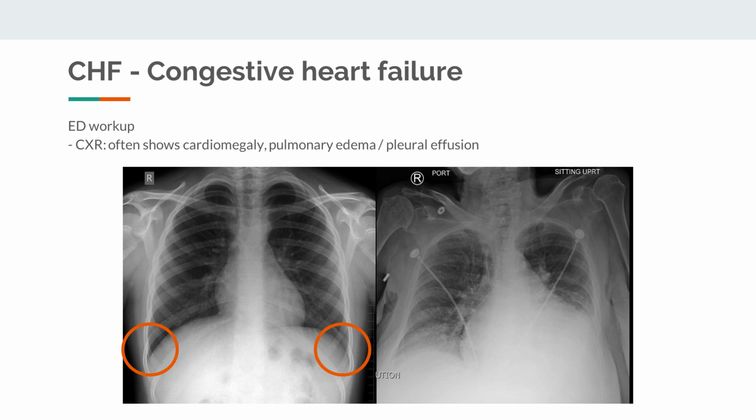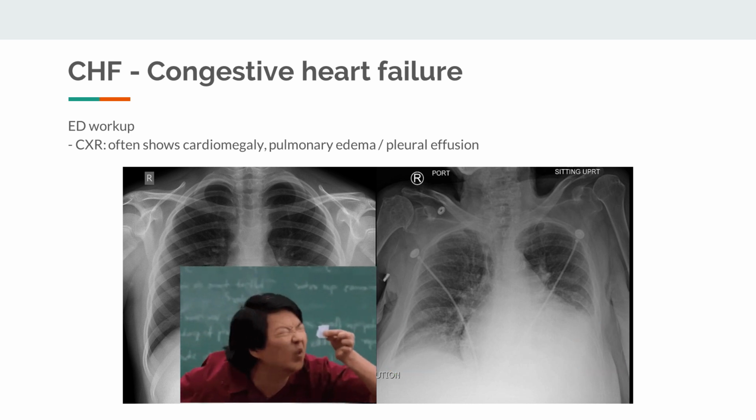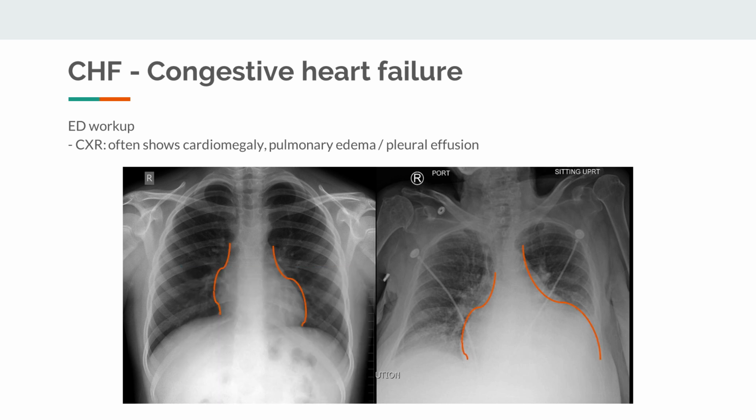That's these sharp areas at the base of the lungs. Since the patients are generally sitting upright when a chest x-ray is taken, the fluid around the lungs will pool at the bottom, blunting the costophrenic angles. In this particular example, you pretty much can't see anything on the left lower side. One last thing I want to point out is the enlarged heart, or cardiomegaly, that's seen on the chest x-ray.